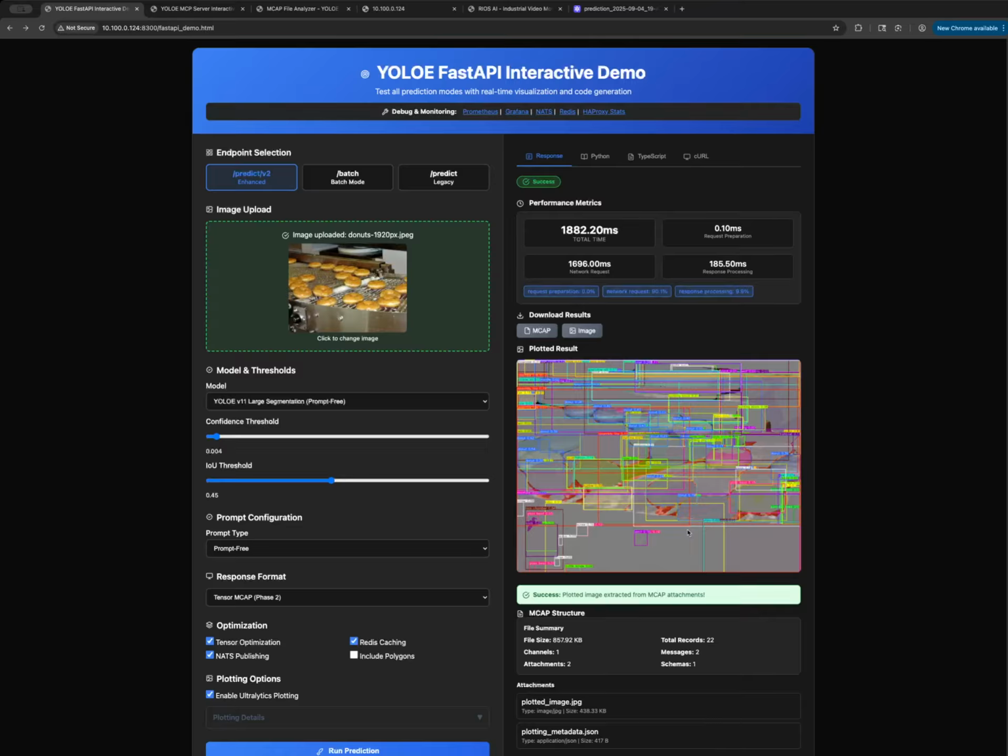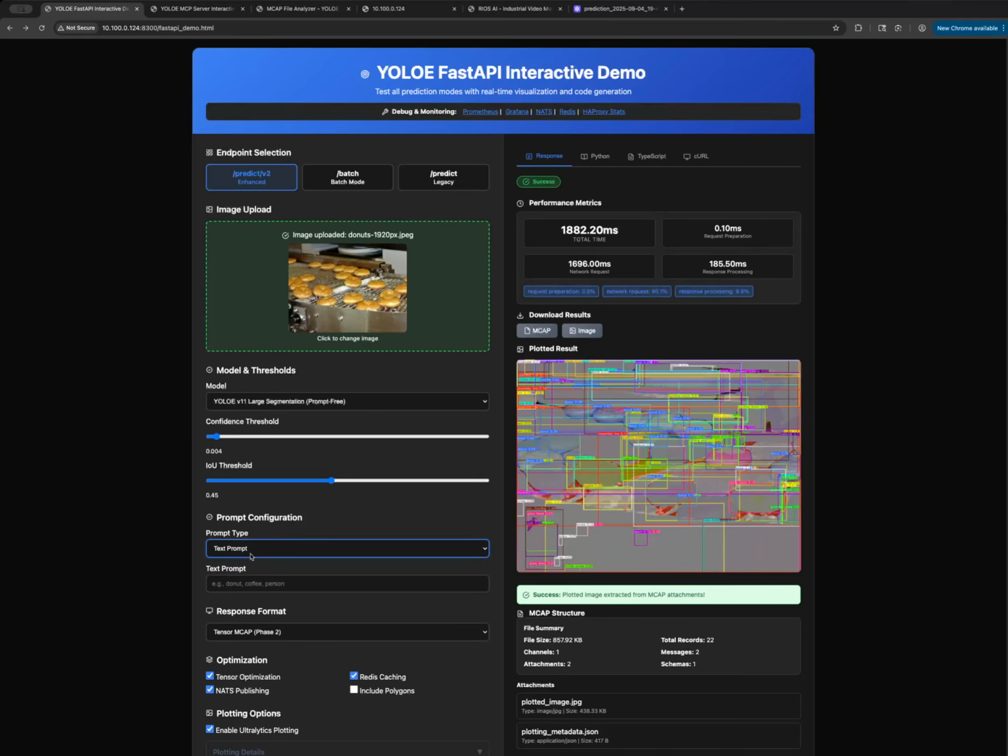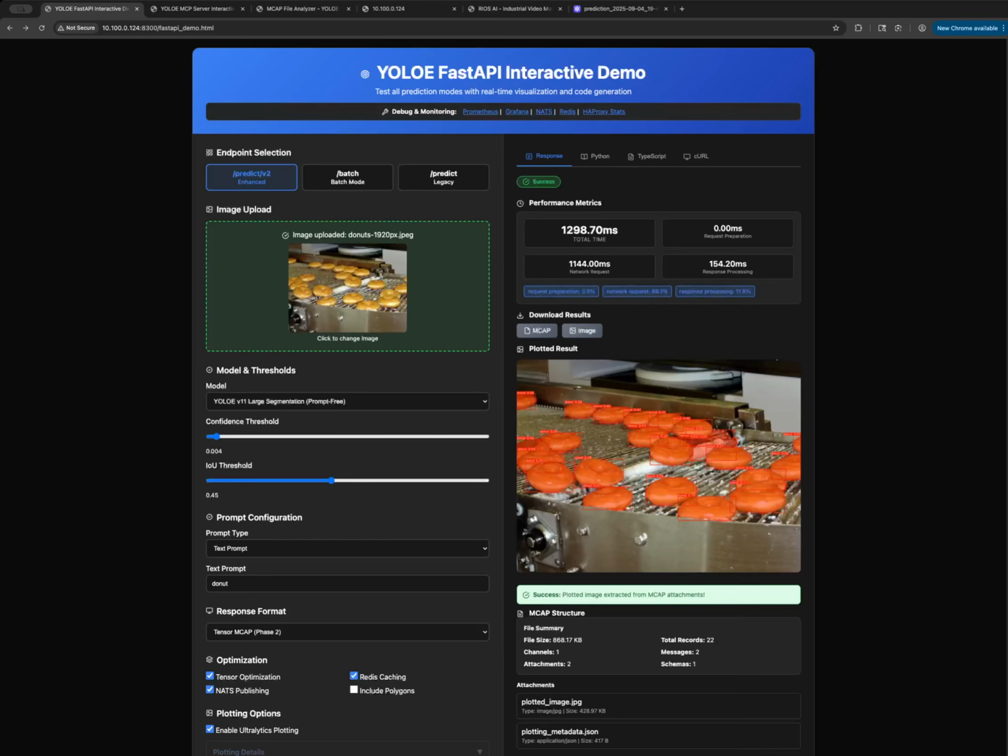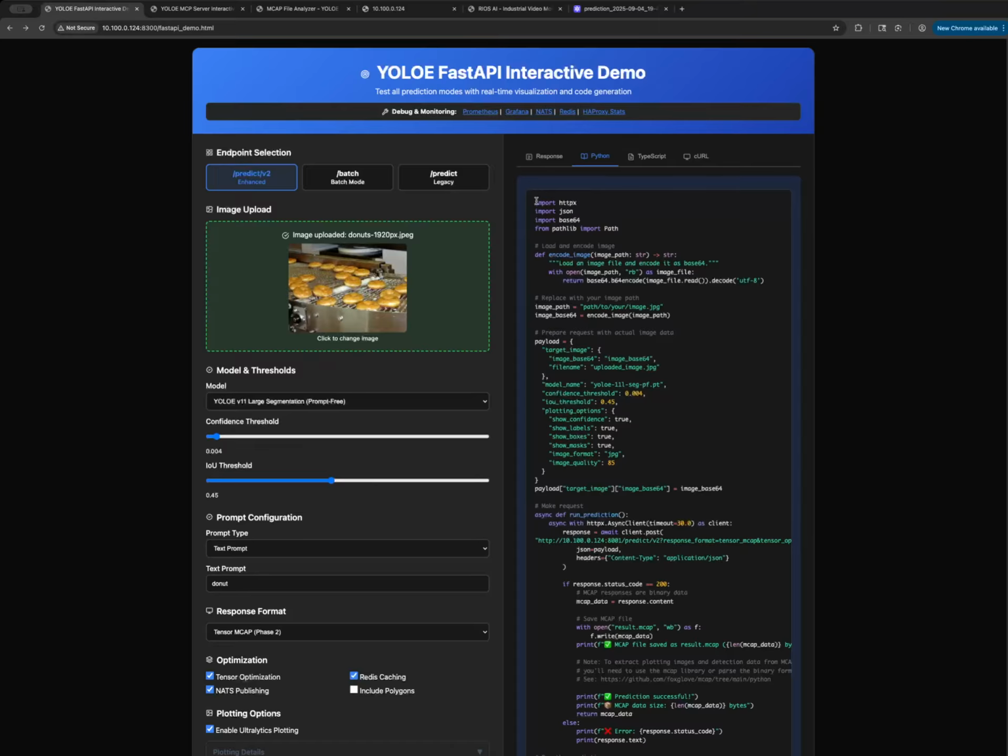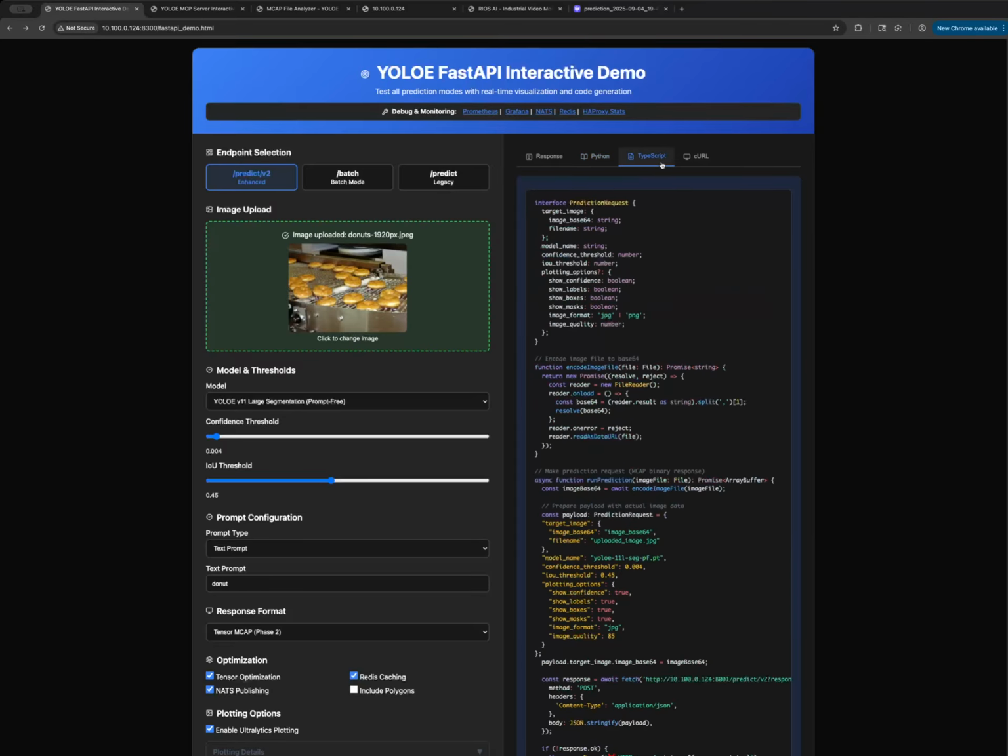All right, so you can see here the visualization of that is a little bit messy. I set the threshold pretty low, and we used the prompt-free method, but we could change that to text prompt. We can type in donut, and then the results should be quite a bit better. So there you go. We have our donuts, and we also have the boilerplate code here for both Python and